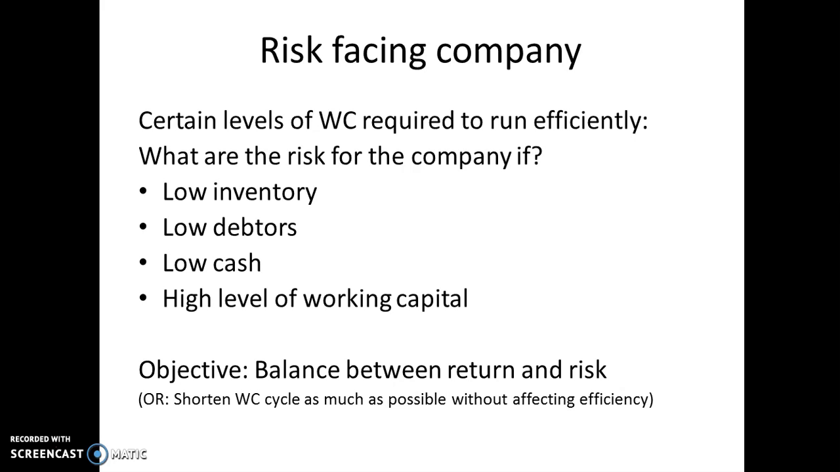Well, the problem is you have to invest in that. You need cash in order to hold lots of inventory and to supply on credit. And that cash is tied up in this working capital and you can't use it for something else. So there's opportunity cost. It's that return foregone on that cash that's tied up in